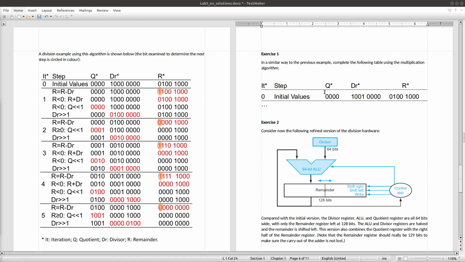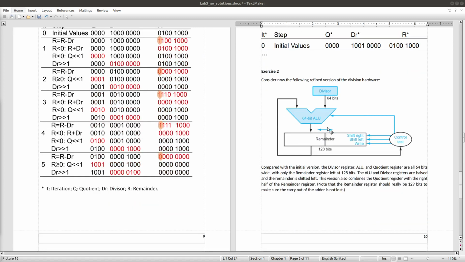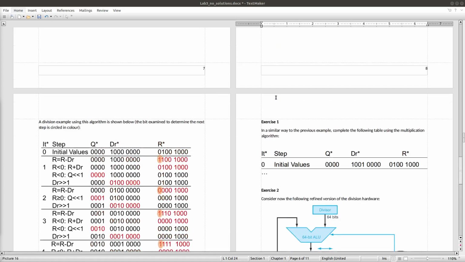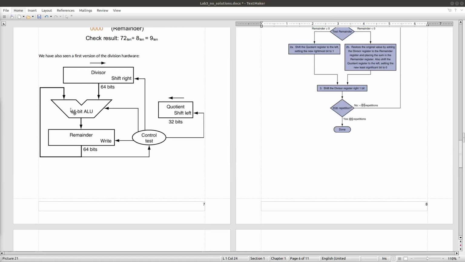In exercise 2, the hardware will be improved.